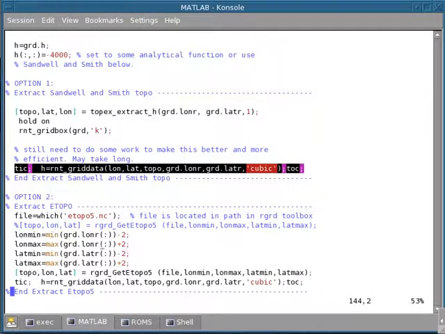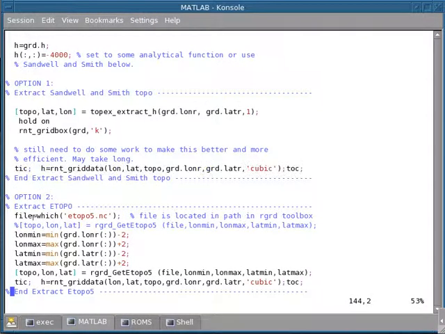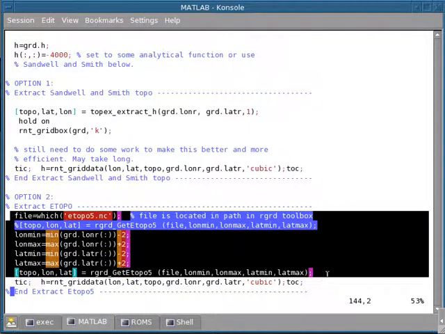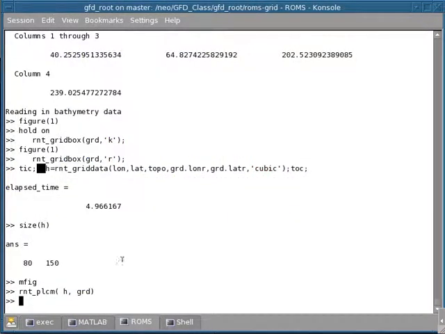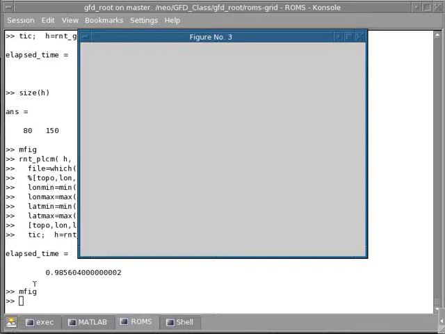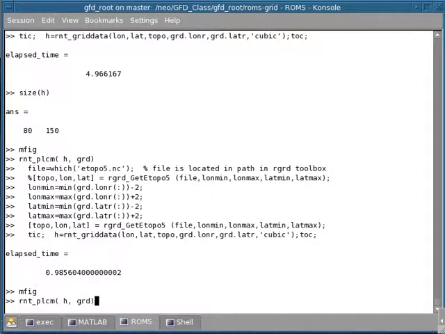Alternatively, if we didn't want to use the Sandwell-Smith, we can use the ETOPO. The procedure is just the same. You just execute this part of the script, and then in the end you do the griddata. So I'm just going to do this very quickly. I'm just going to go here and do this. In this case, the interpolation of the ETOPO5 took less time because this is a coarser bathymetric data product. And again, I can do mfig again, and now plot the new topography, which is the ETOPO5,